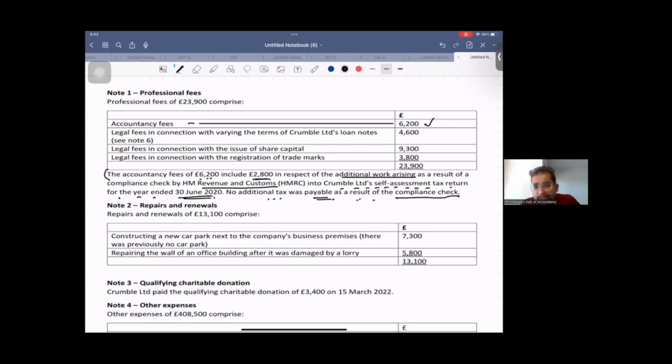And I hope you remember the rules. For any expense which is allowed, we write 0. Now, legal fees in connection with varying the terms of the Crumble Limited loans. See note 6, but I would tell you that I hope you